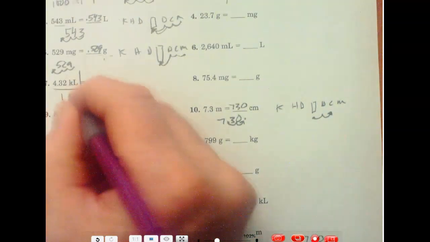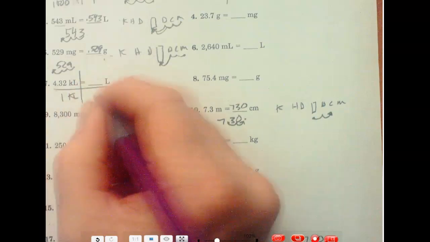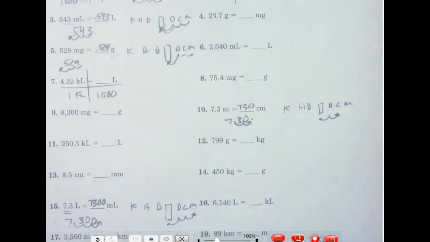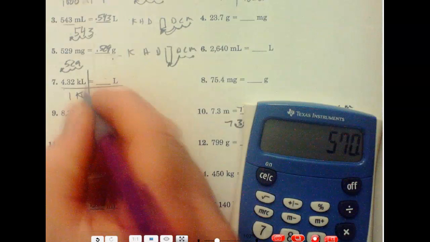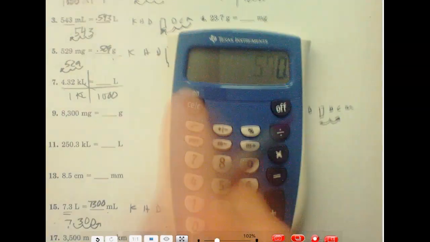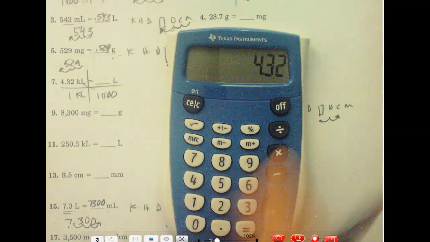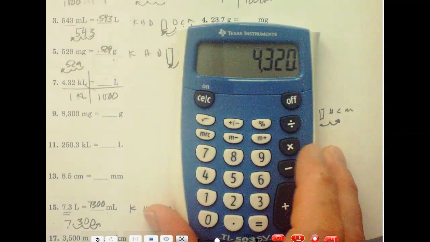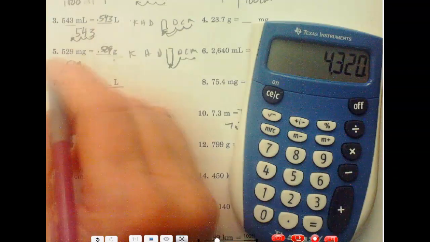Okay, I can take a look here. I've got 4.23 kiloliters. I have to know how many liters there are. Well, I know that in 1 kiloliter, there are 1,000 liters. And again, I know that because I understand what these words mean and I've worked with it before. So if you have that knowledge, you can work with this too. And then you can just pop it into the calculator. 4.32 times 1,000. It's the same thing. We're just moving the decimal 3 places. We end up with 4,320